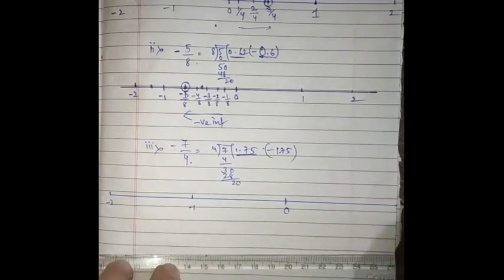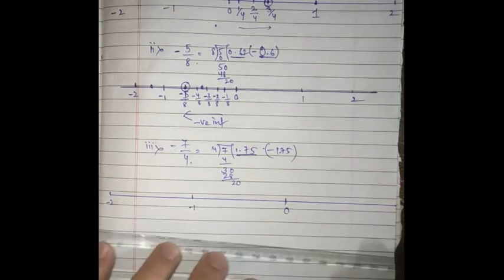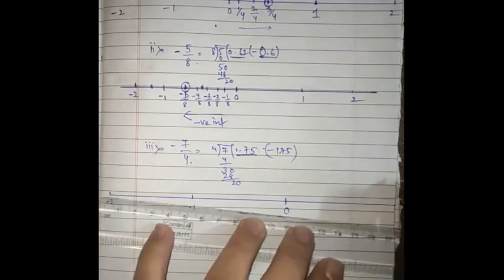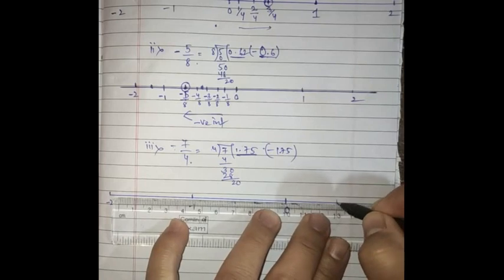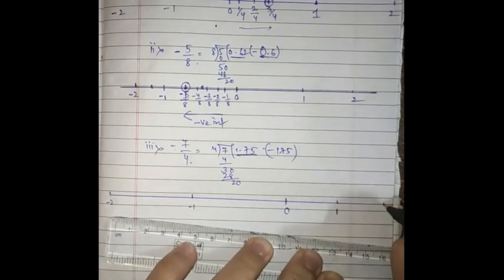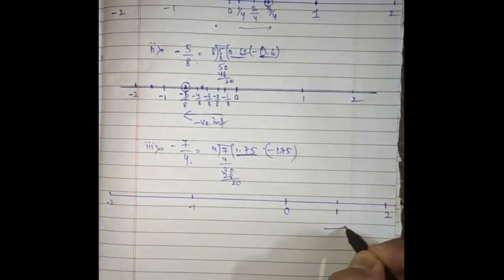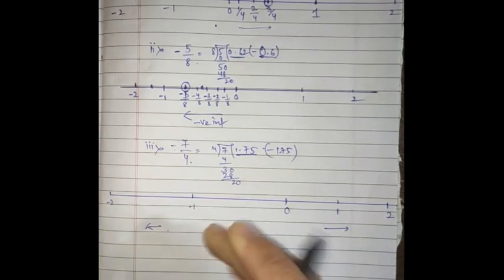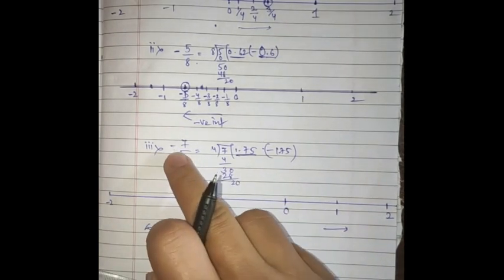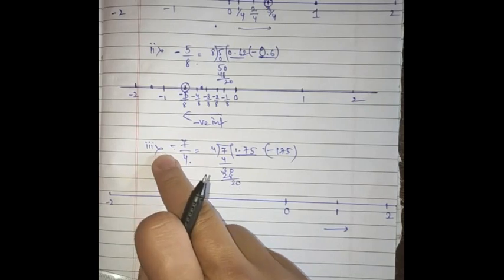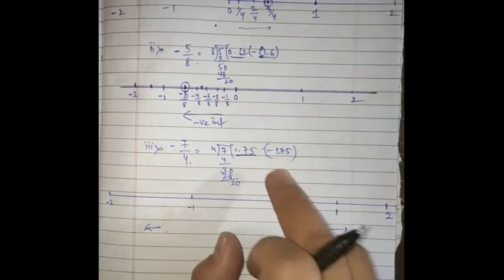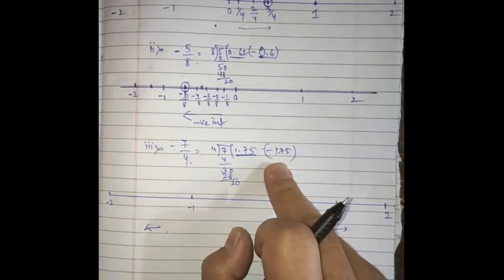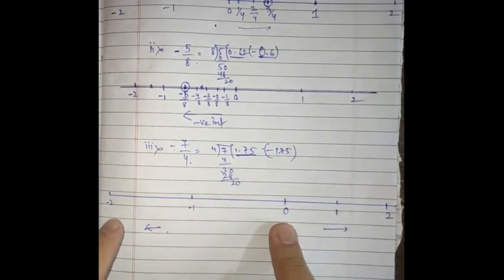So our line should be, okay, let's make the positive side also, because we have to represent it, it is very, very important. So this is our positive side and this is our negative side. We have to move this side because we have minus 7 by 4, a negative number, right? And we have understood where it should actually be. It should be in between 0 to 2.